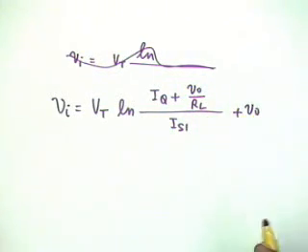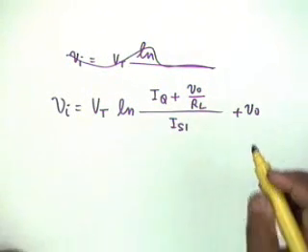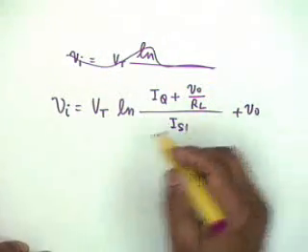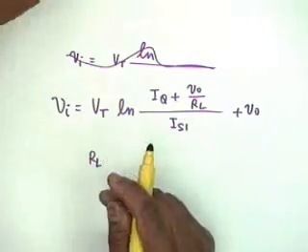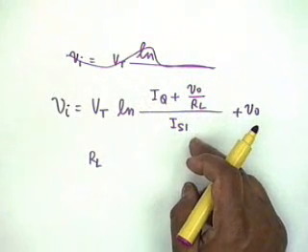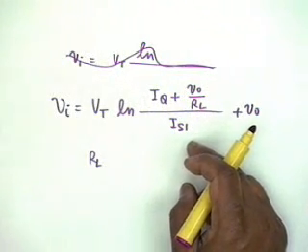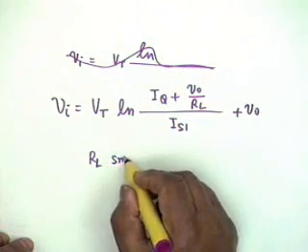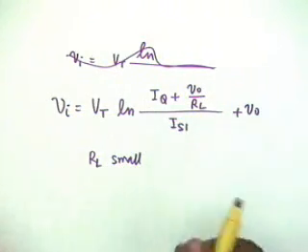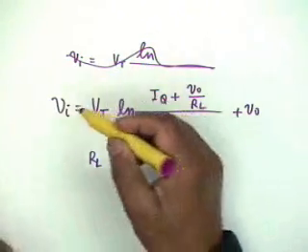This is our exact relationship, the transcendental. Now, a problem arises when RL is small. In the previous case we considered RL large, so that the first term could be approximated by a constant. Then the task was easy. When RL is small and these two terms are comparable to each other, then a problem arises,